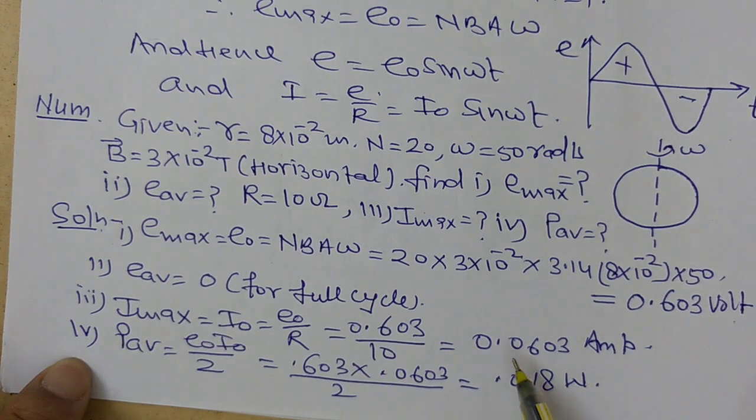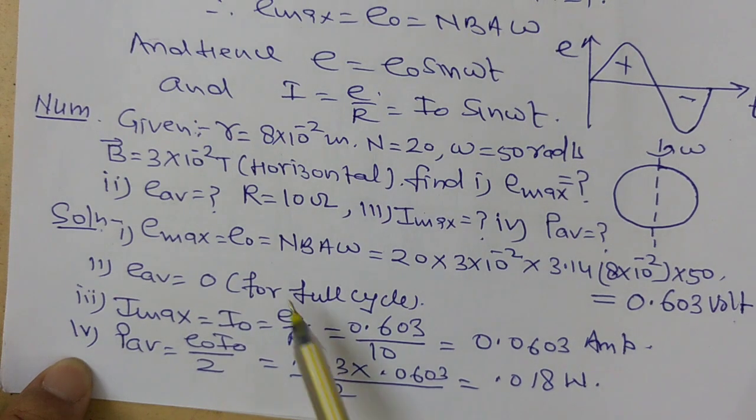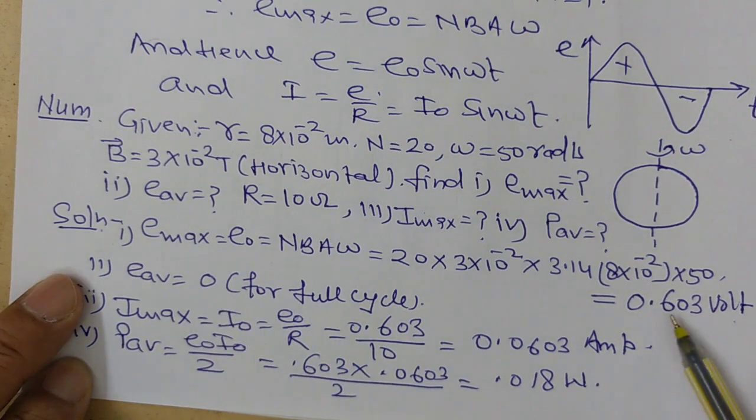Then on solving, this is 0.0603 ampere. We want the maximum current, so this is maximum voltage upon resistance, and how much is the maximum voltage? This is 0.603 and the resistance is given here as 10 ohm. Then on solving, this is